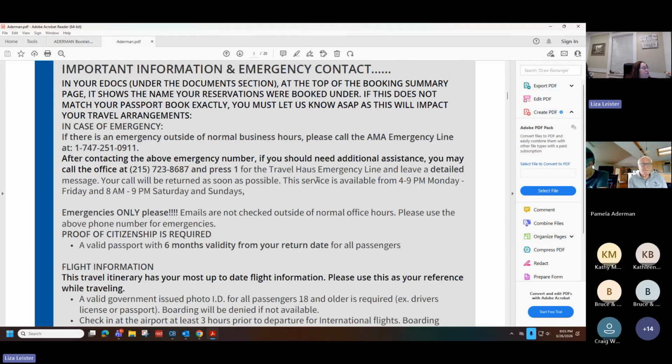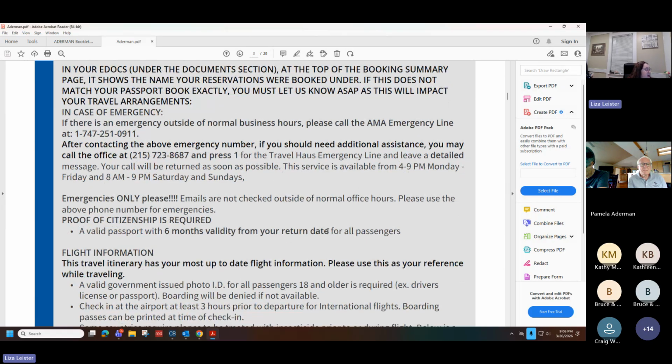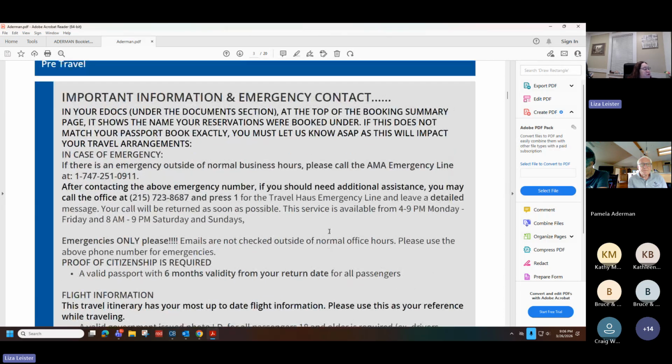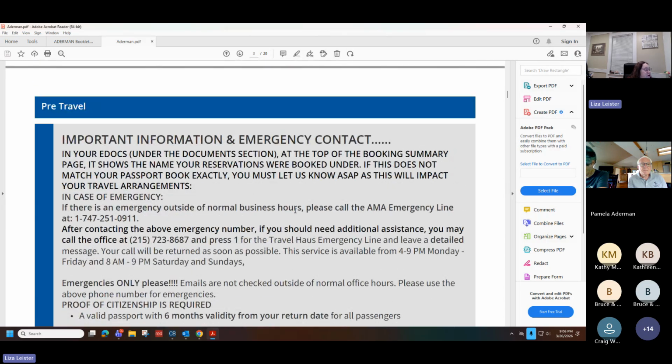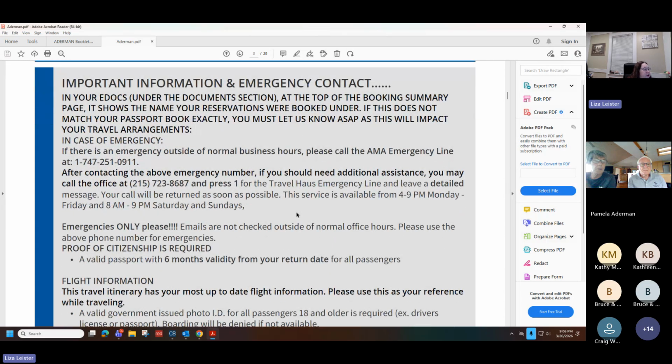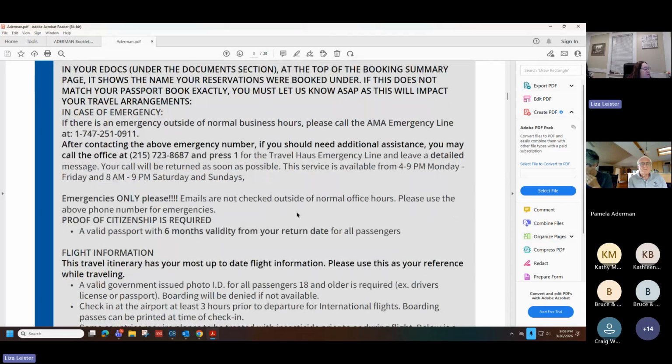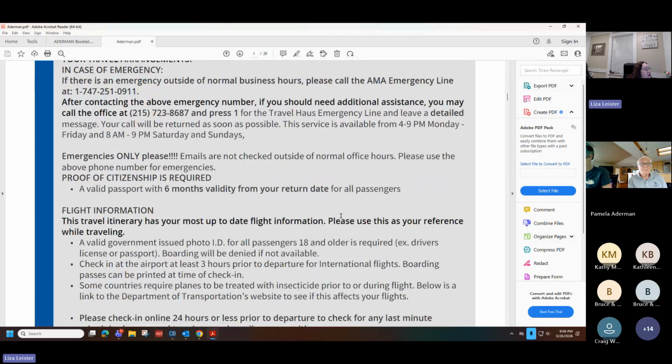Now, for Travel House, you leave a voicemail and we'll get an email, but AMA is the main one to go to, especially if you're not in the same time zone as us. Susie's going to be traveling and she has the emergency phone. I'll have it as a backup, but if you can't get a hold of Travel House, please call AMA if there's an emergency, like last minute you can't make it or something like that.